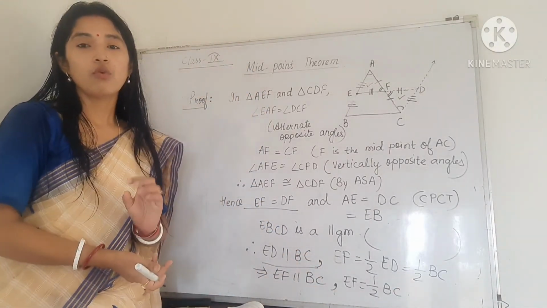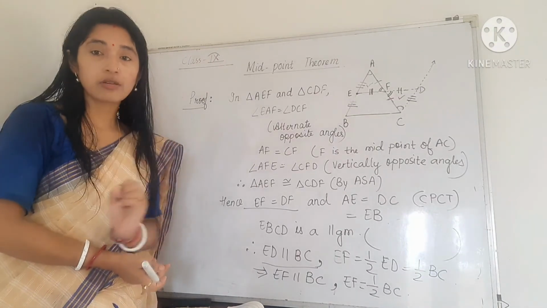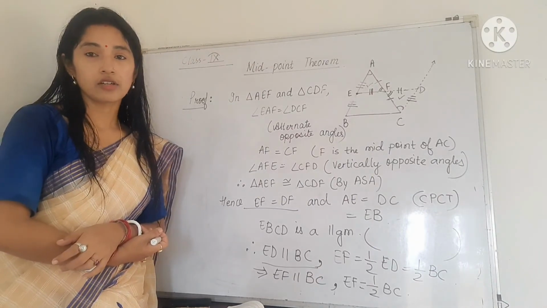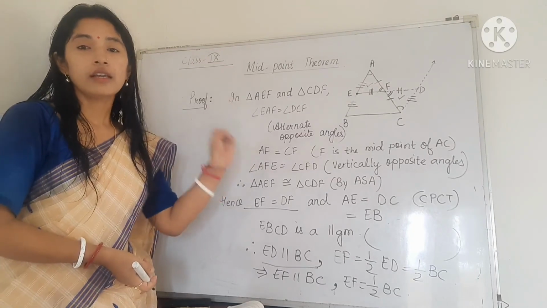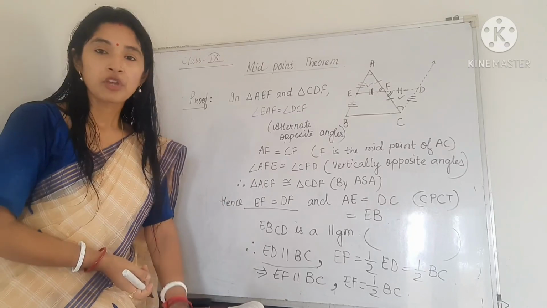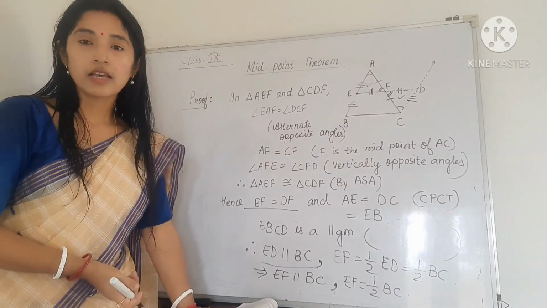So you must know what we have to write in given and to prove, and the most important part is construction. You must know what we have to write in construction. From the construction, many points are used in the proof, and by using that only we are proving this theorem. So practice this theorem. Next we will start the next exercise 8.